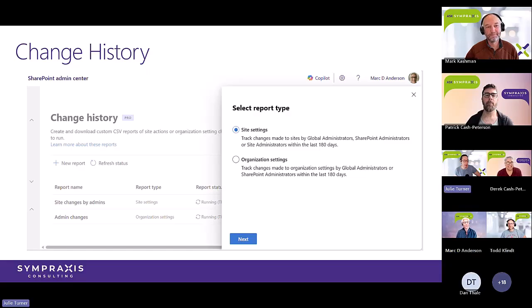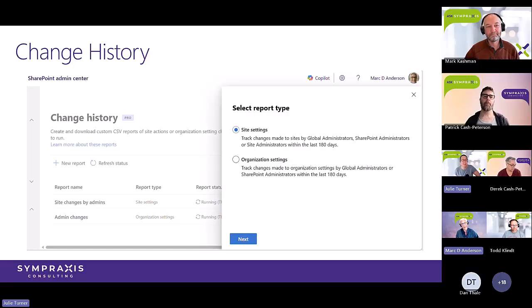Yeah, coming from a regulatory background, this can be super handy. If you have regulatory needs, you can just run the change reports, export them out, and keep them in the logs that you need for those compliance questions. That's a great use case. In a sense, it's also a way for you to document for yourself what you've been doing in your tenant.